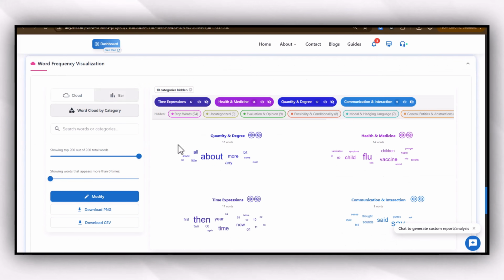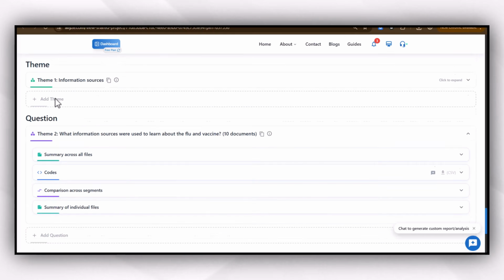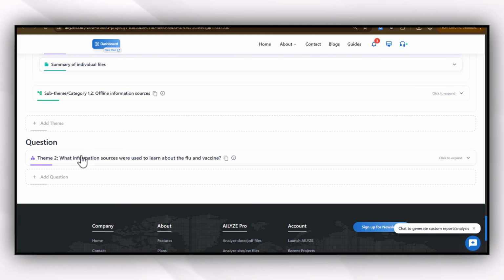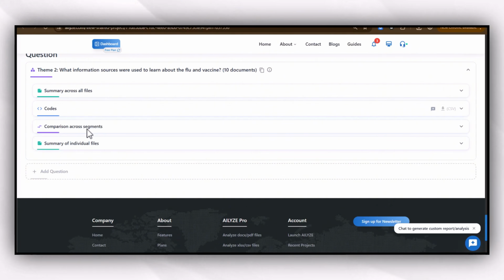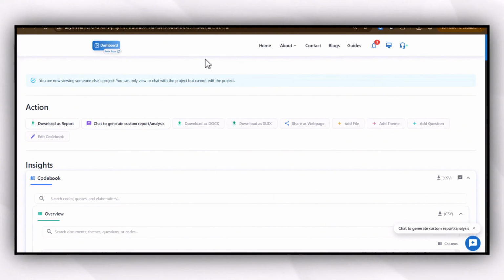And this is the word frequency visualization which you can see here, and you can download any in the form of a PNG or CSV. These are the themes, theme 1 information source, and you will see a very minor in-depth detail for each theme and each section of the document. In this way, you can perform different type of a segment analysis with the help of Ailyze,